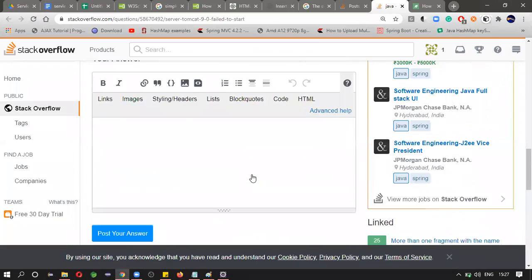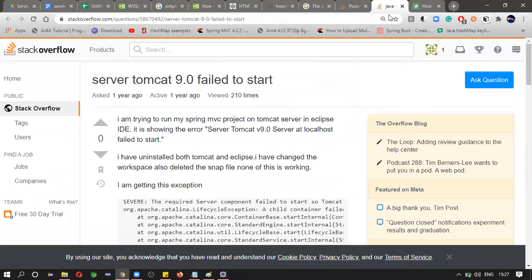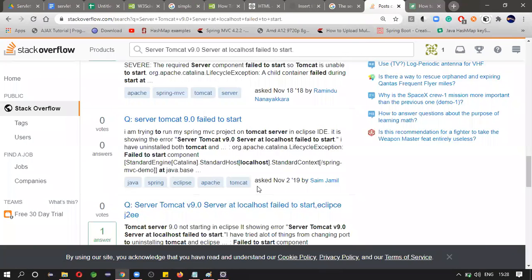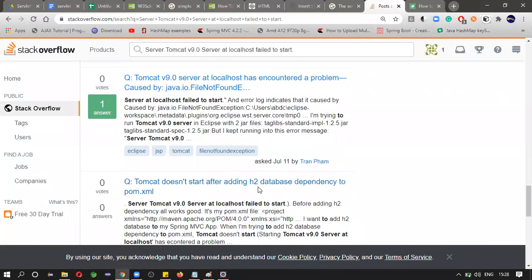You can also post questions like this. Okay. If you have any question, you can post. First, you need to create an account in Stack Overflow. I have created one already.